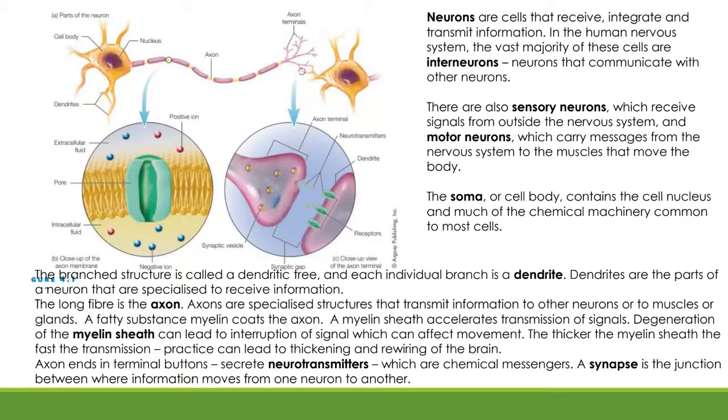Inside of our neuron, if you look at the top picture, on the left-hand side is the dendrite, that's the branch structure, and right in the middle of that, the little purple dot that you see, that's our cell body, called the soma, and that's where the little nucleus of the neuron sits. So you've got the length of your neuron, and in the top part is your dendrite with your little soma or cell body sitting there. The branch structure on the left-hand side is called a dendritic tree. It's like a tree with its branches coming out, and each individual branch is a dendrite.